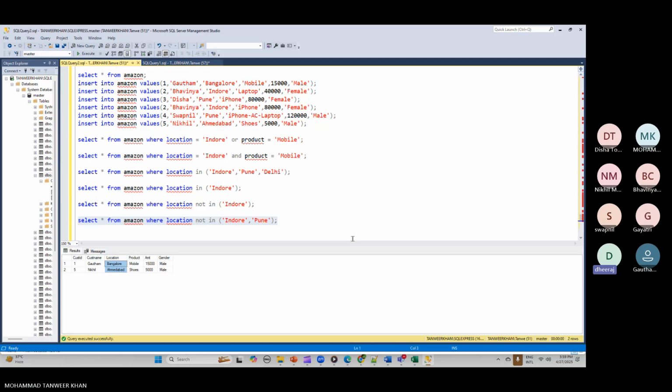Okay. So this was about the AND operator, OR operator, IN operator, and NOT IN operator. I hope everyone has understood this. Clear? Yes. Now there is a concept of zero,